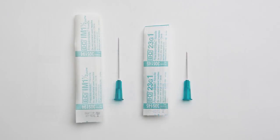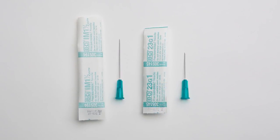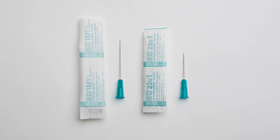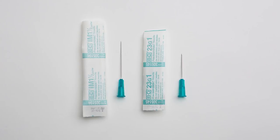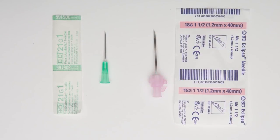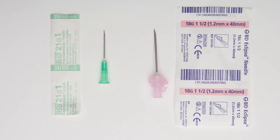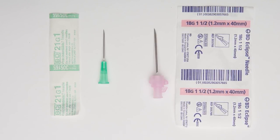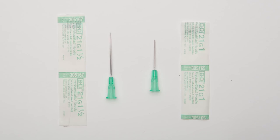In our practice, we most commonly use 23 gauge, 1-inch needles for palpable targets. If large or deep-seated lesions are sampled, longer needles may be needed. For ultrasound-guided FNA, 1.5-inch needles are used most often. If emptying a cyst containing very viscous material, a larger needle, up to 18 gauge, may be needed on very rare occasions. And for fat pad biopsy for amyloid evaluation, we use a 21-gauge needle in order to acquire larger